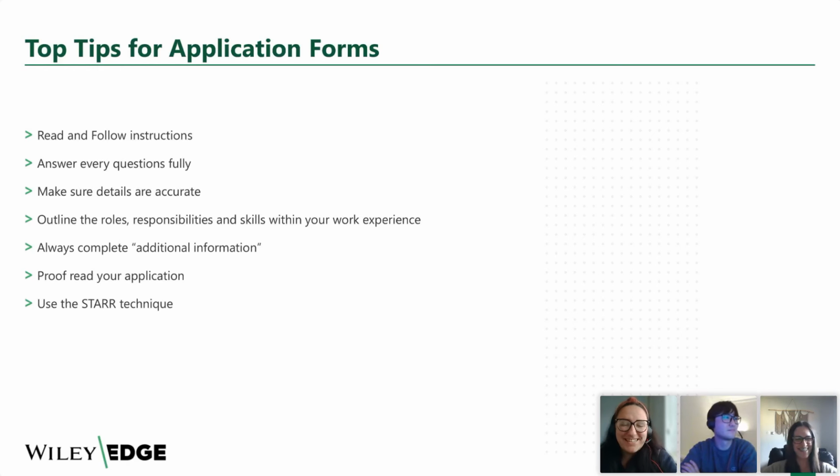Anyway, so top tips for the application form. Read and follow the instructions on the website, or wherever you submit your application. There are various ways of submitting an application. You can go to an employer directly, so if you go to the wileyedge.com website, you can submit your application directly through there. We also post our jobs on LinkedIn, and we work with different search engines. So if you apply somewhere on, say, Indeed,